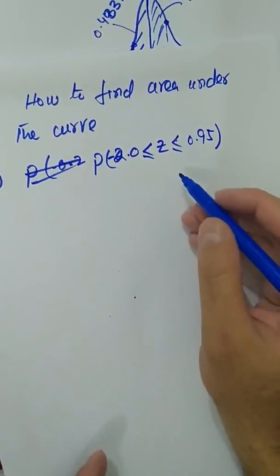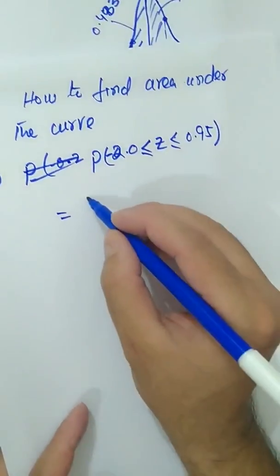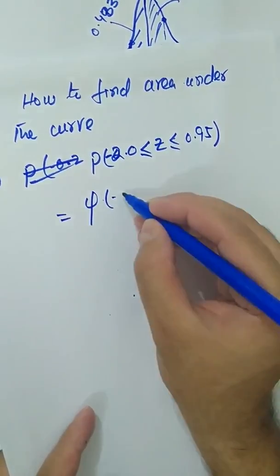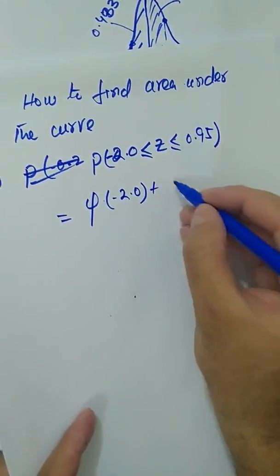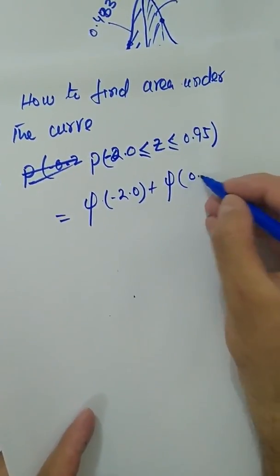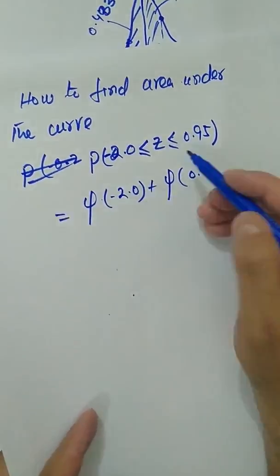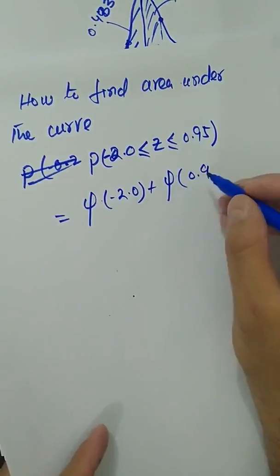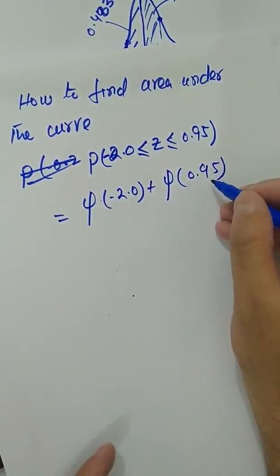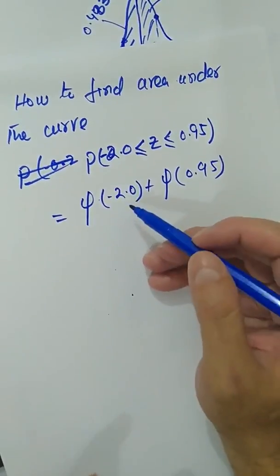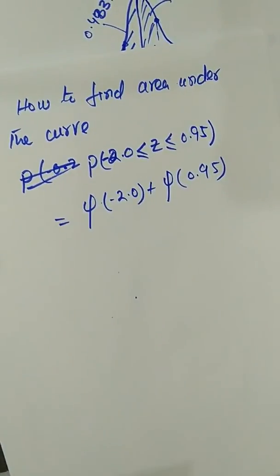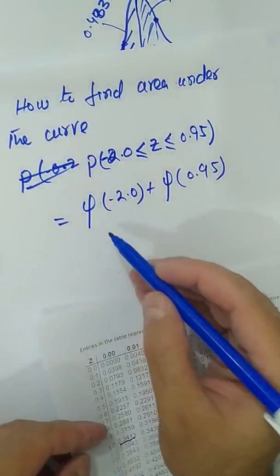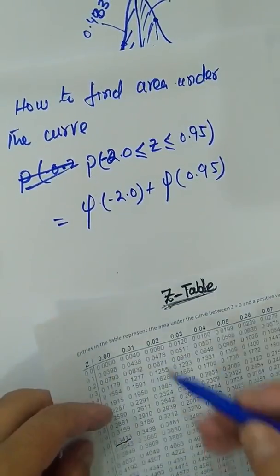0.95. So in this case I can write it as pi when z is equal to minus 2 plus pi when z is equal to 0.95. So I will introduce another function. The CDF can be defined by another function, that is pi, that would be equal to 0.95. So again I will use the z table when z is equal to 2. In this case the area under the curve would be